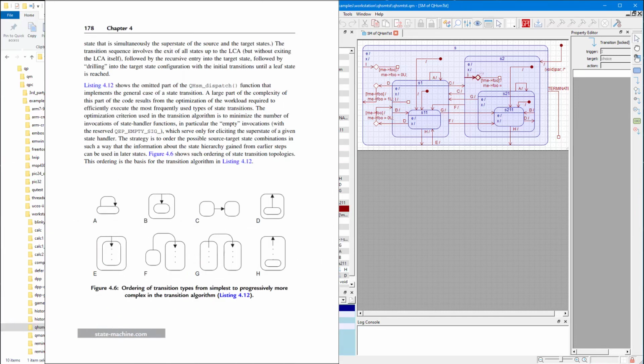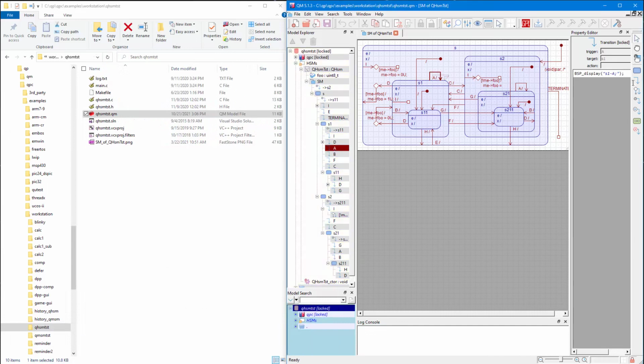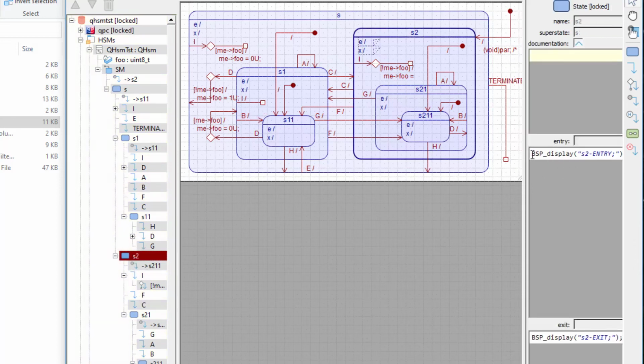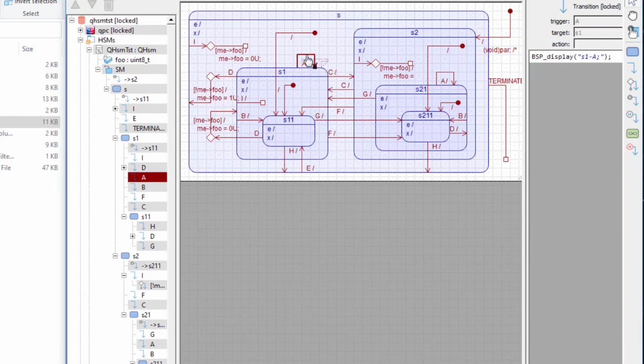These events correspond to the ordering of transition types from the simplest to progressively more complex in the state machine algorithm used inside the QP framework. Also, all transitions as well as states have actions. These actions produce information as to what exactly happened. For instance, entry action to state S2 produces output S2 entry, while the exit action produces output S2 exit. Similarly, the action on state transition A in state S1 produces the output S1A, while state transition A in S21